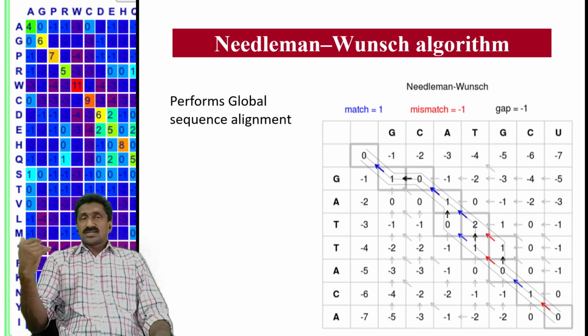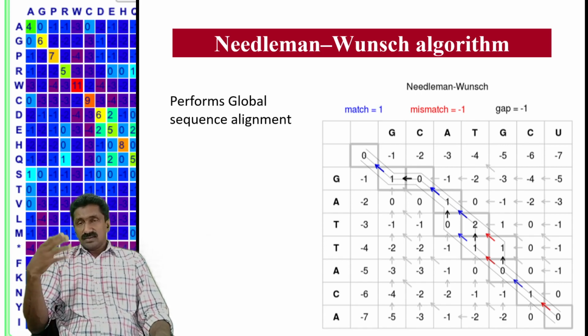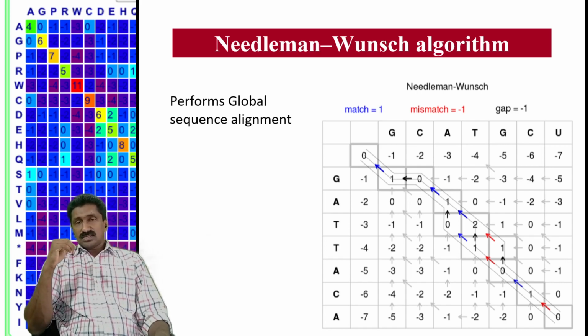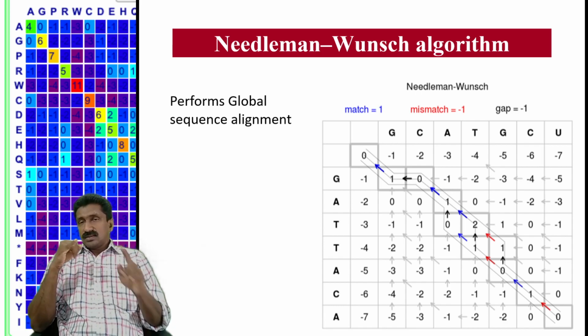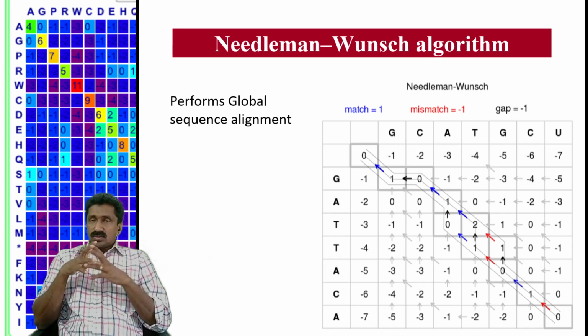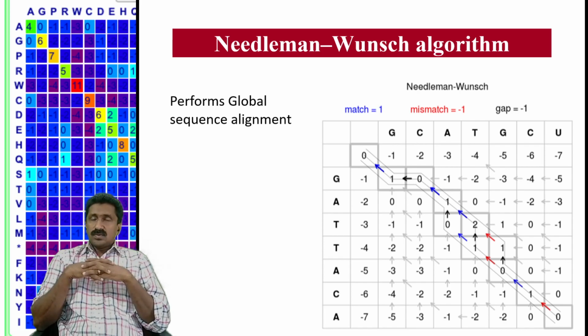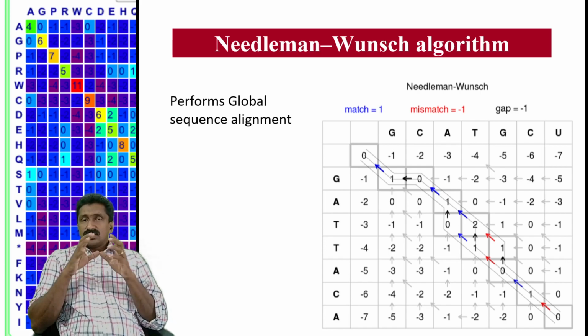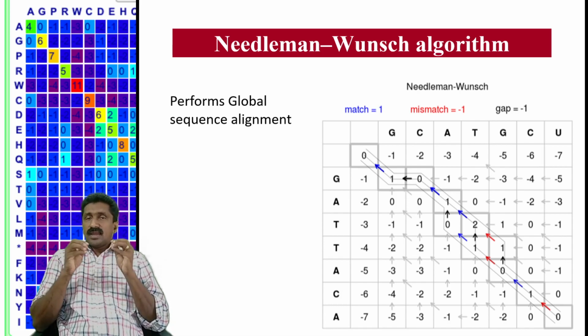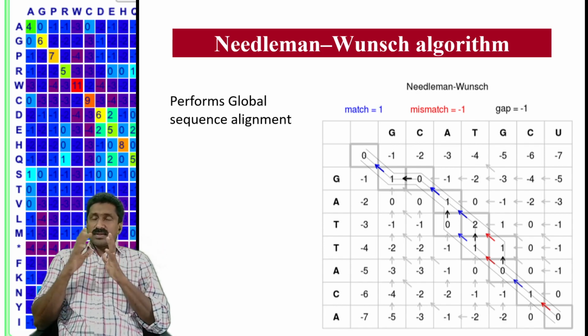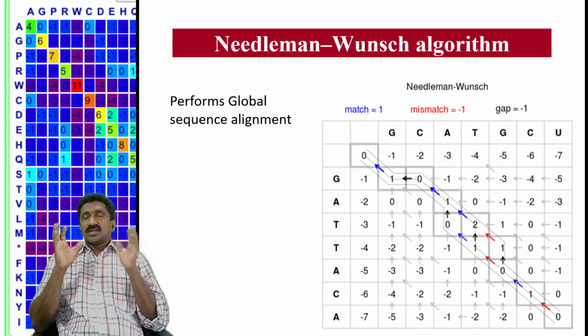And then we need to understand the other categories like PAM and Blossom matrices. Is this method of scoring okay for you? Anyway, you can go through that, and we'll have further discussions if you have any difficulty. So the point is that there are only 3 possibilities: a match, a mismatch, and a gap. The concerned value will be added to the diagonal box or left side or right side box, and the highest value of each cell will be taken.